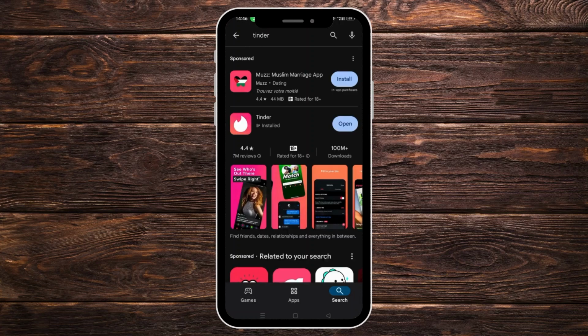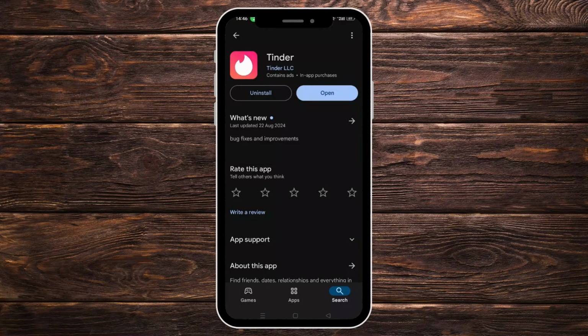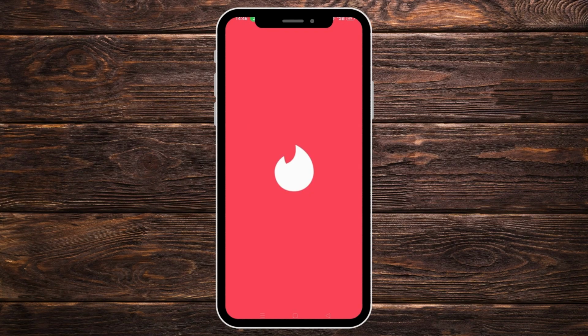Now, if you got the button update appearing instead of open, press onto it and then wait for the app to install the updated version, and once it's done you can go ahead and press onto open. It's gonna open up the app, and as you can see, now the next step is to go to the